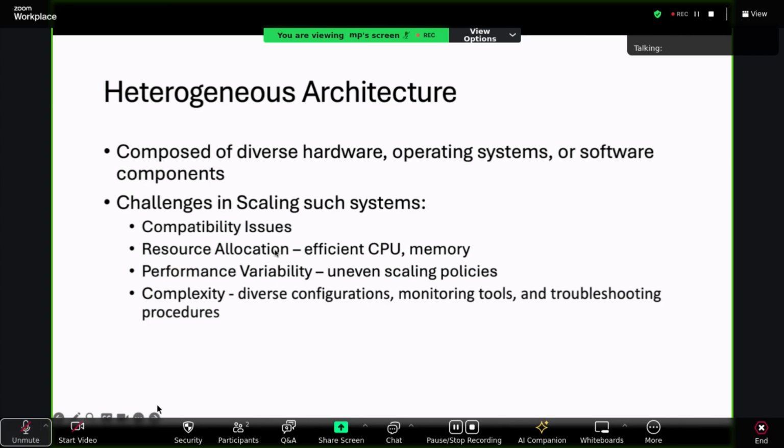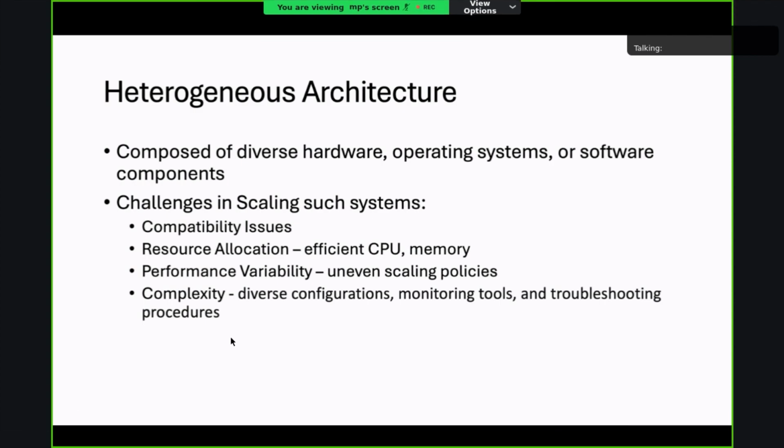Okay, sure. So then we have the performance variability. Since every component is working with a different mechanism, and it supports different hardware and operating systems, there are uneven scaling policies for all the components.